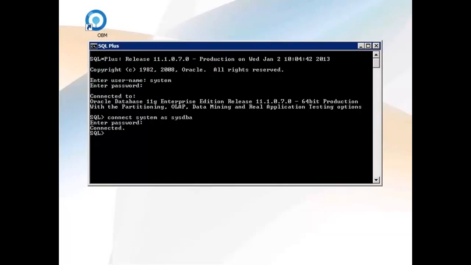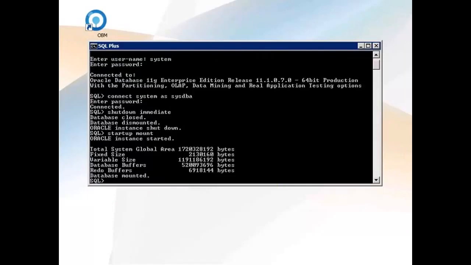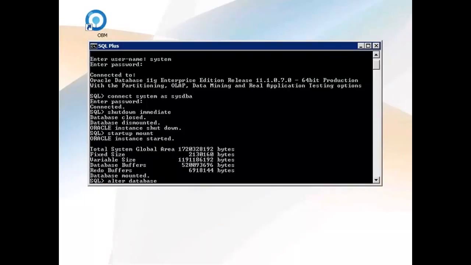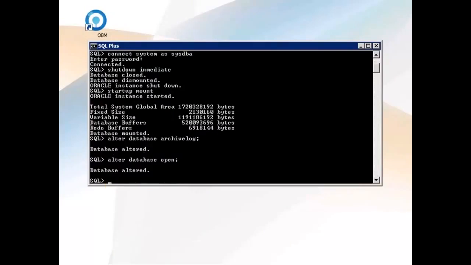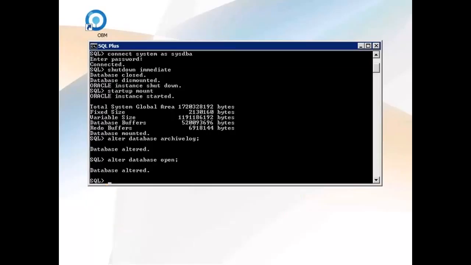Shut down the database. Shutdown immediate. Start up and mount the database. Startup mount. Switch the database to archive log mode. Alter database archivelog; Open the database. Alter database open; Grant Java syspriv to the system account. Grant JAVASYSPRIV to system;